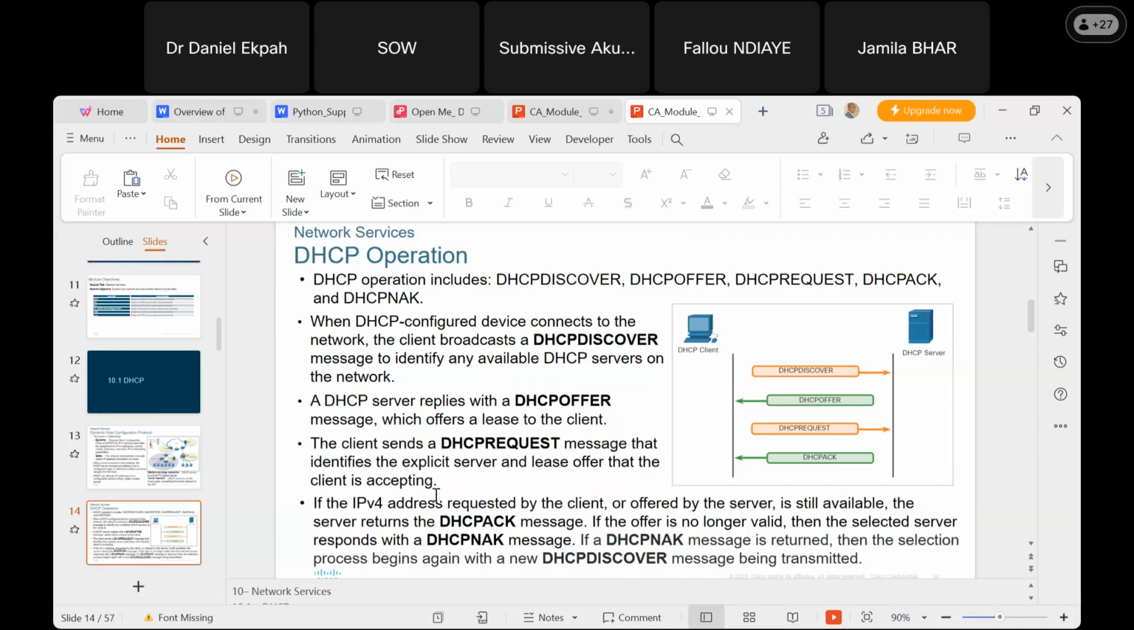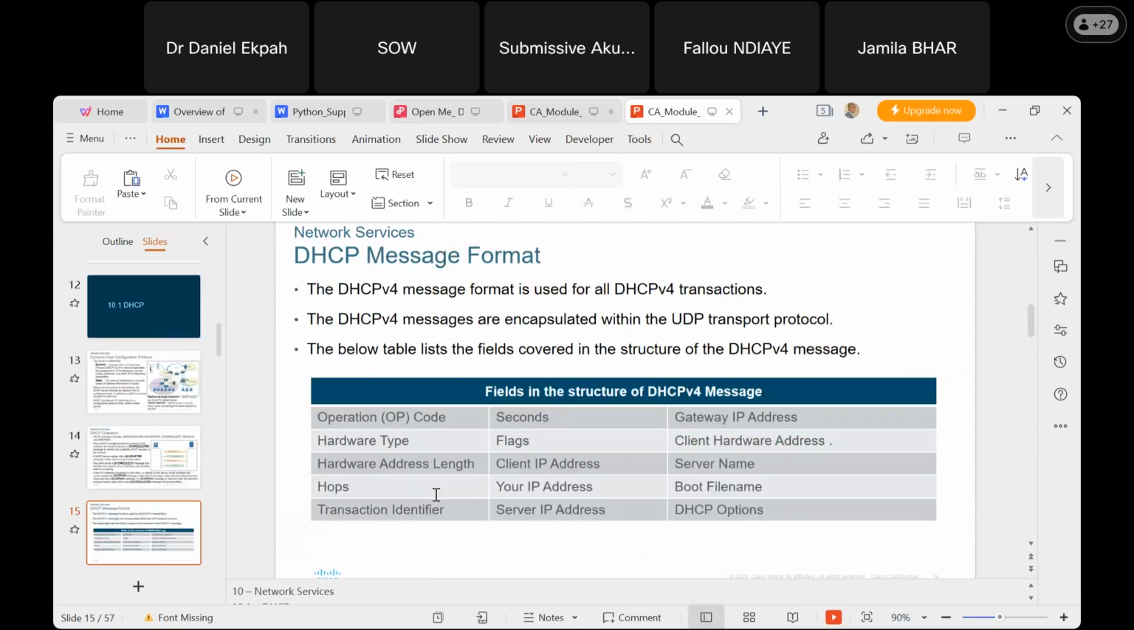selected server responds with a NAK message. And if the NAK message is returned, then the selection process begins again and again. So this is the way that DHCP carries out its operation each time there's a setup or connectivity between a client system, or a client DHCP system, and that of a DHCP server. So for DHCP, we have version 4,